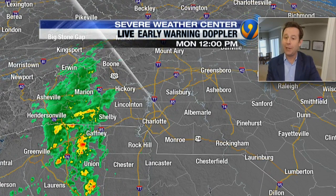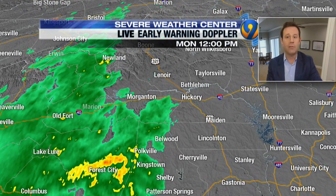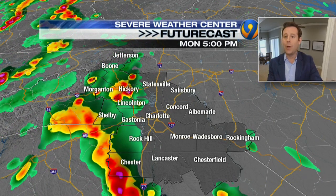push in. Now, back here at home on Live Early Warning Doppler 9, there are already batches of showers forming into Avery County, south toward Morganton, and down into Shelby. And this is just going to continue to fill in throughout the afternoon. Look at the futurecast. It all stays west to start out, but by 5 o'clock, it's got its eyes set here in Charlotte. Now, this will be wave 1 of heavy rain coming in this week, so this won't likely cause any big flooding concerns, but that threat is just going to continue to build as we head throughout the